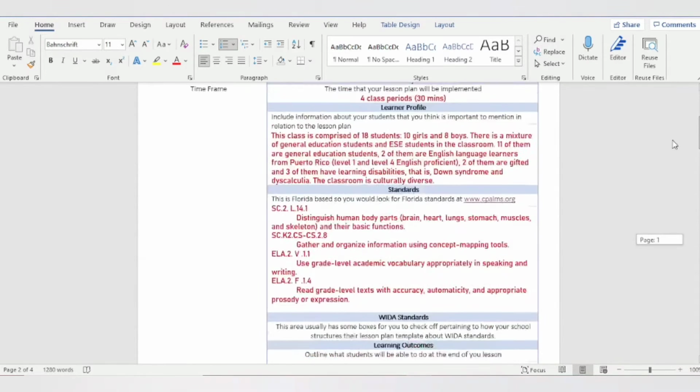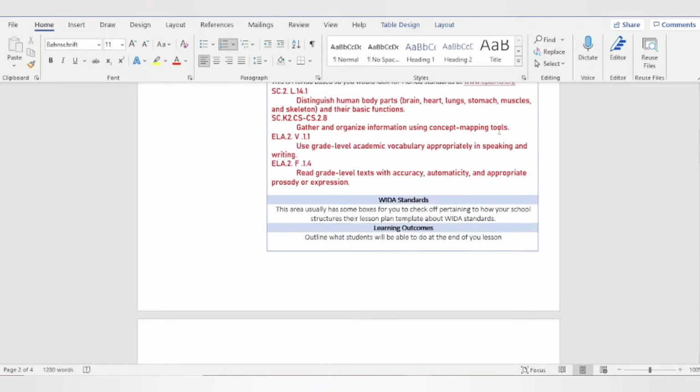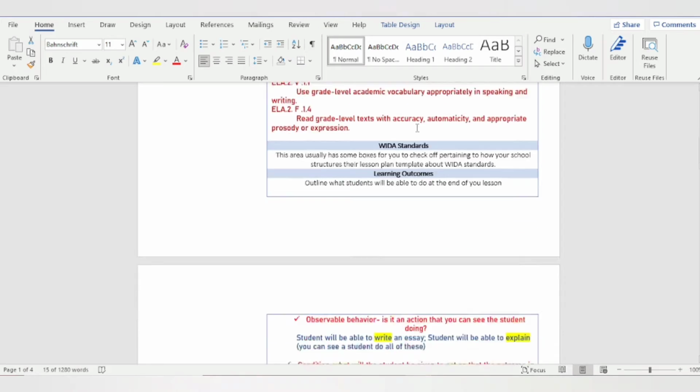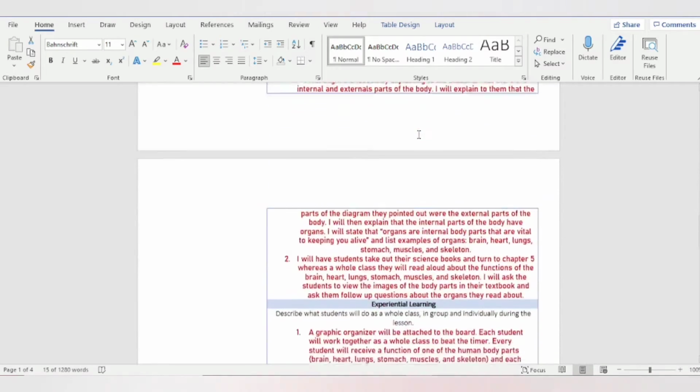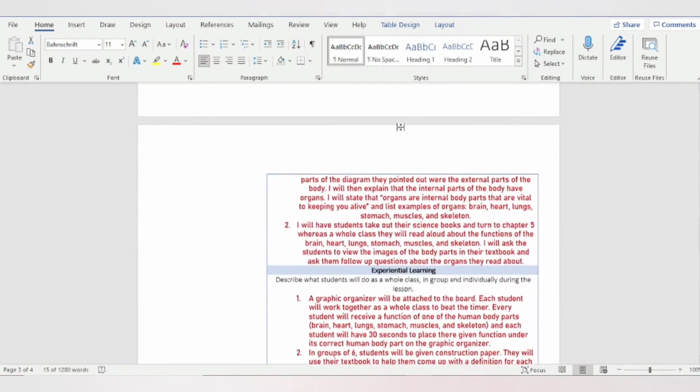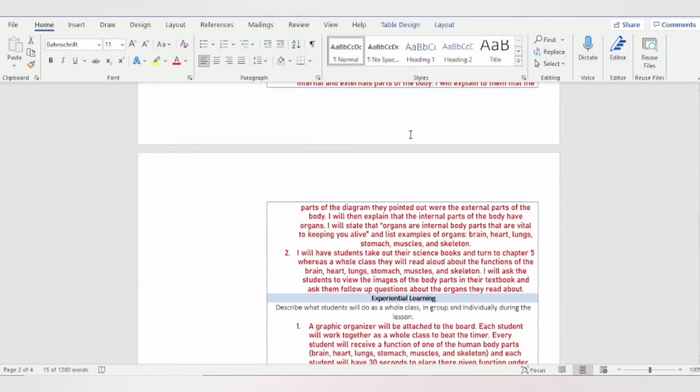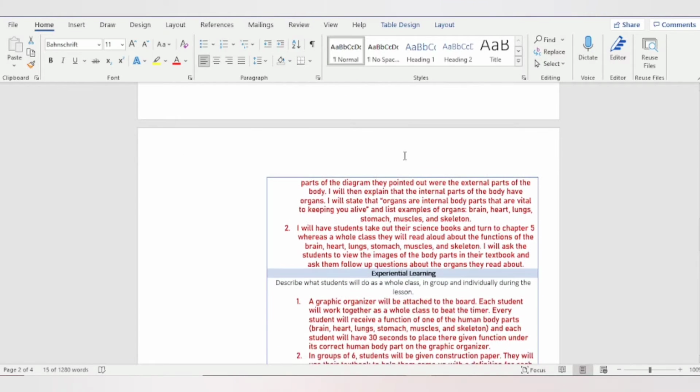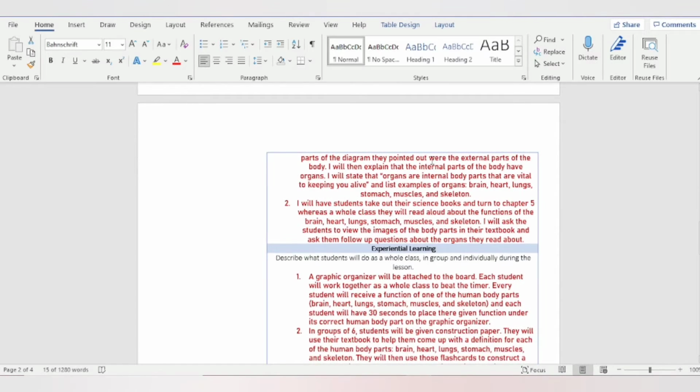If you realize, back to my standards: distinguish human body parts and their basic function. So you can see that I am really going with the standards. So everything about your lesson plan should be about the standards, and your learning outcome should be achieved at the end. So to continue,